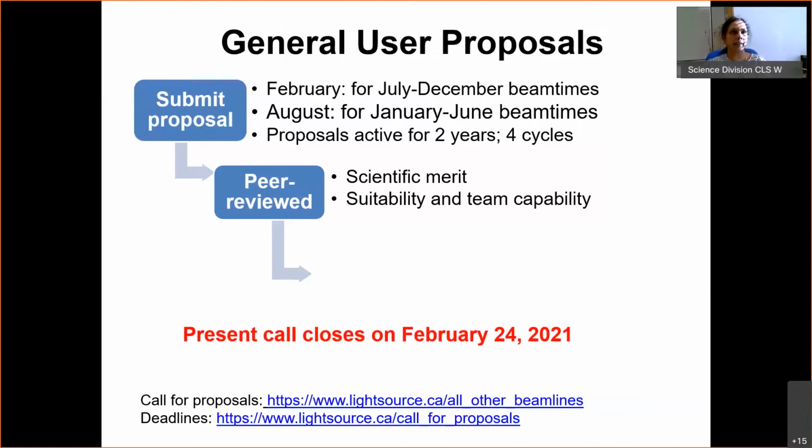So that's suitability. And team capability: when you write the proposal, you can list the team members or your collaborators and your principal investigator. I need to make sure that you talk about their background and capabilities and how they will complement the work. Okay. When we write the proposal, I can go into detail.